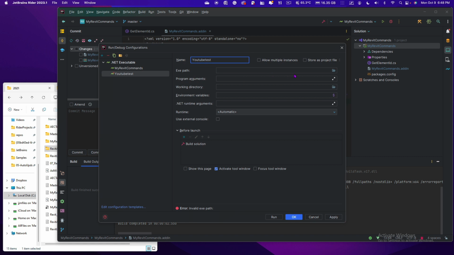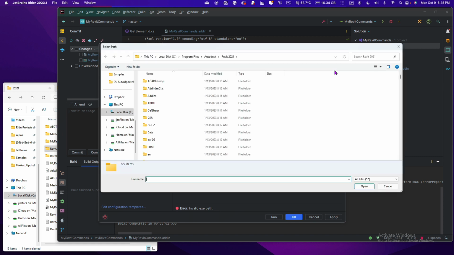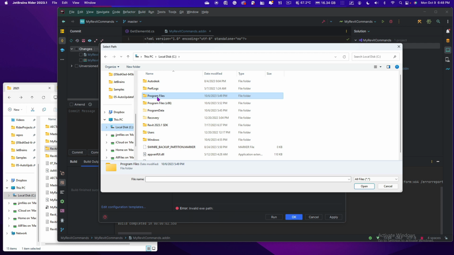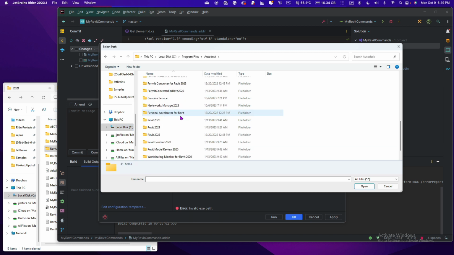And it's going to ask me, well, what path do you want to launch? This is the program. This is your Revit program. So what you're going to do is go to your C drive, go to Program Files, go to Autodesk, and scroll down here to Revit